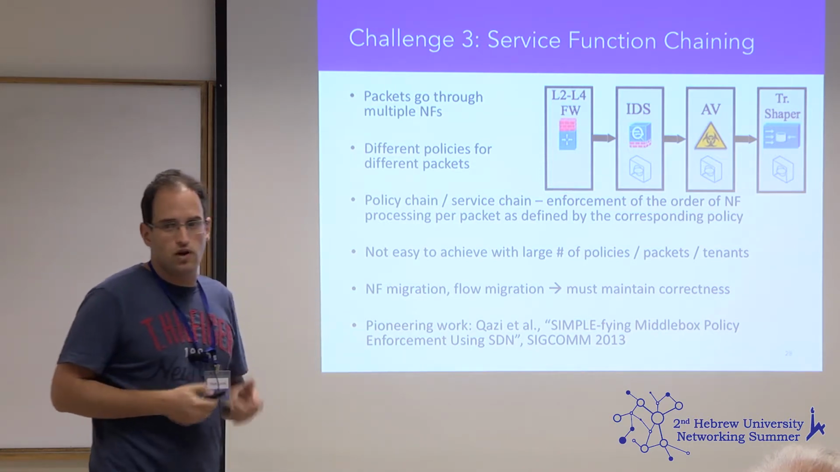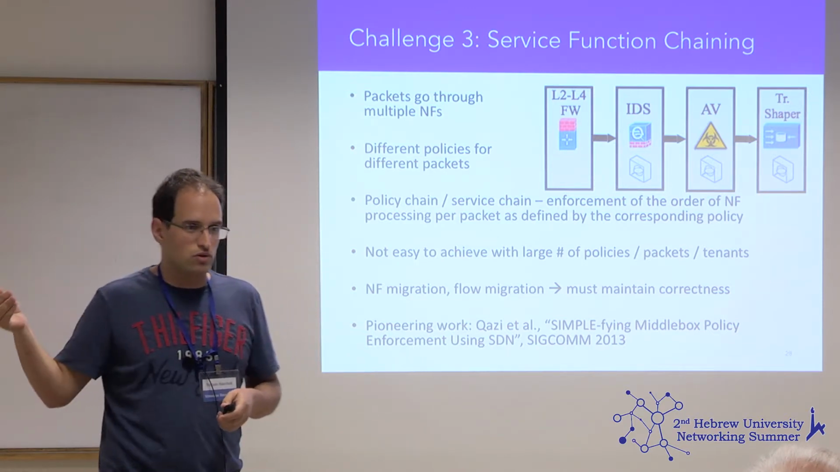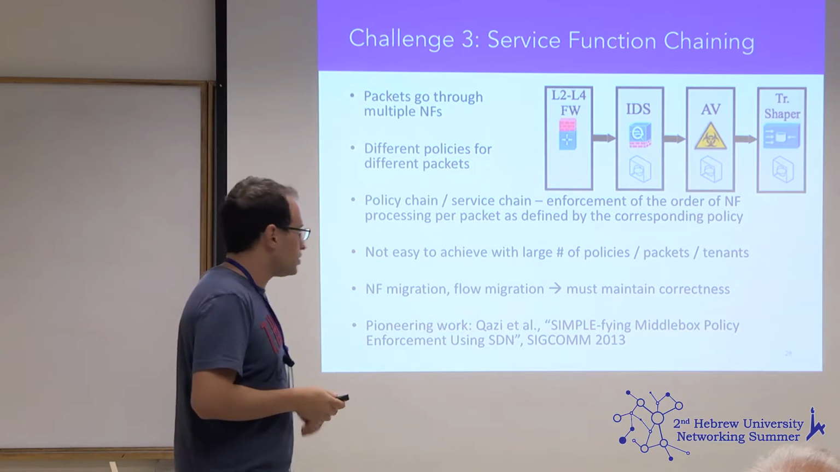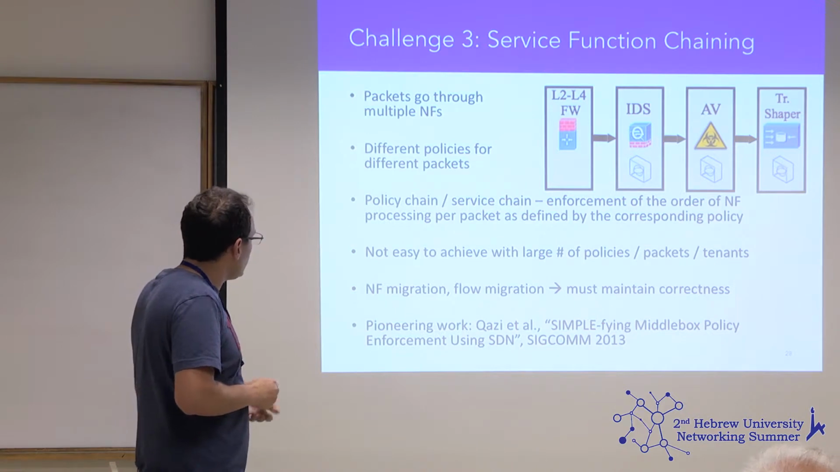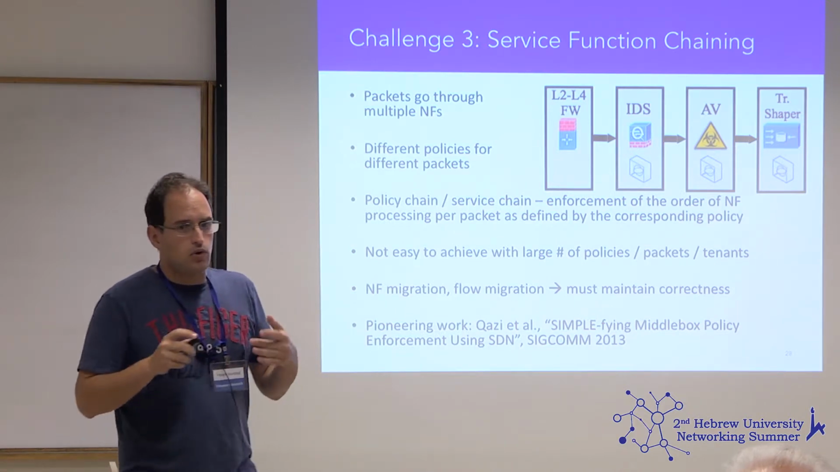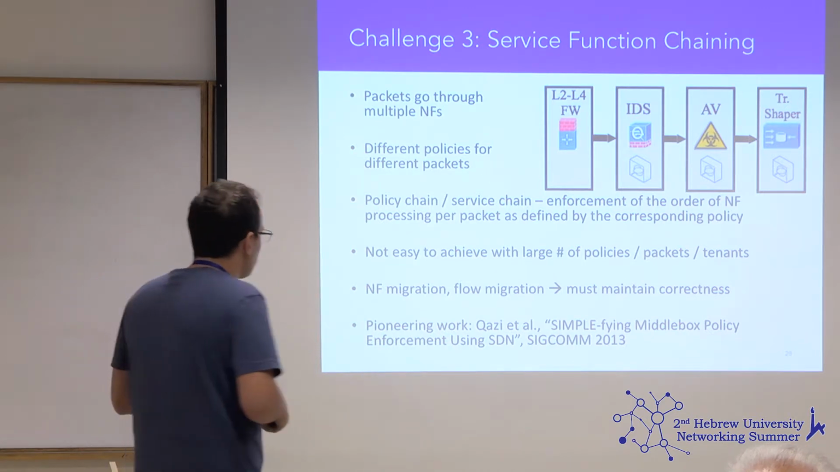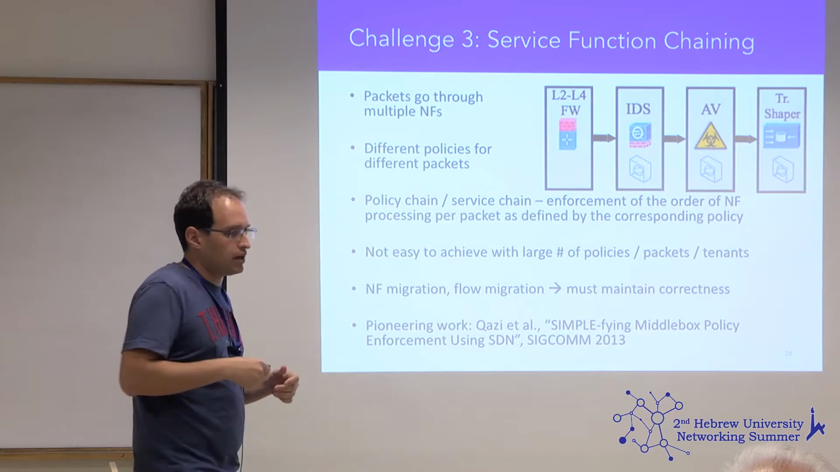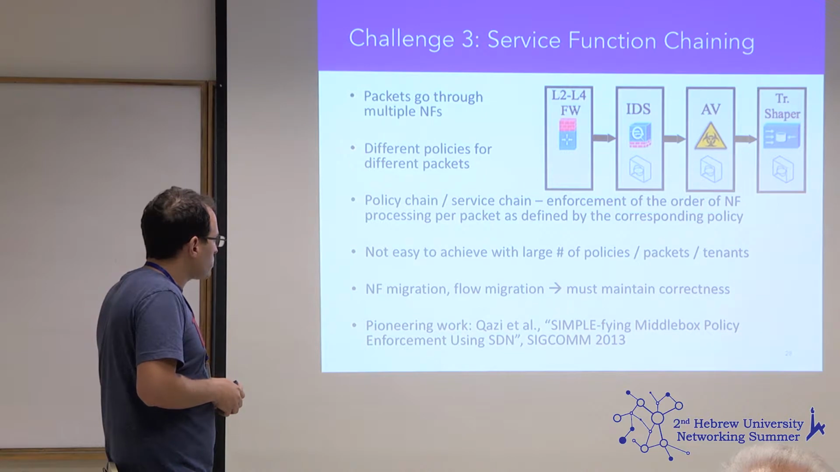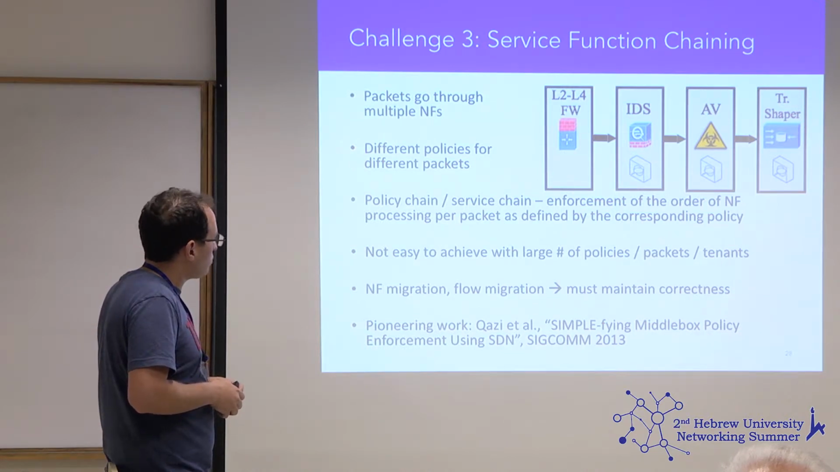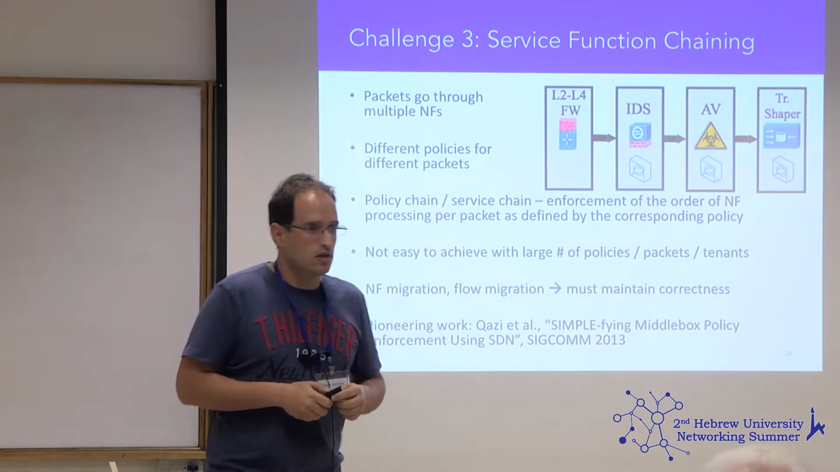But now when everything is virtual, we need to chain them somehow so that traffic would flow through one virtual machine and then flow through another virtual machine, maybe on another hypervisor, and so on. And this is a problem, because we need to have policies that define what chain of network functions each packet should go through. And it makes the packet forwarding much more complex in the network. So it is not easy to achieve policy chaining for a large number of policies or packets or tenants,